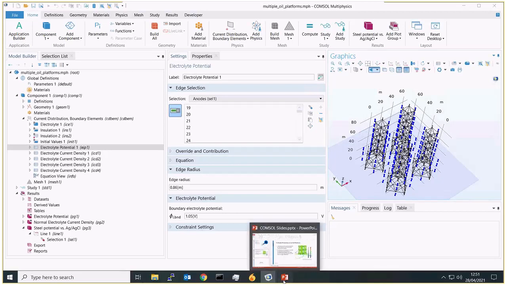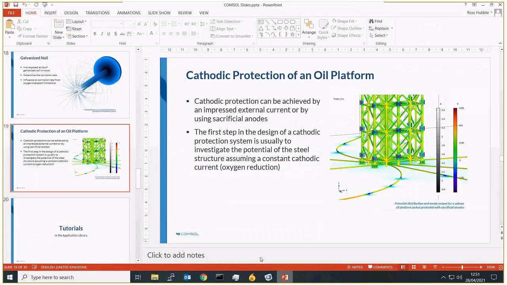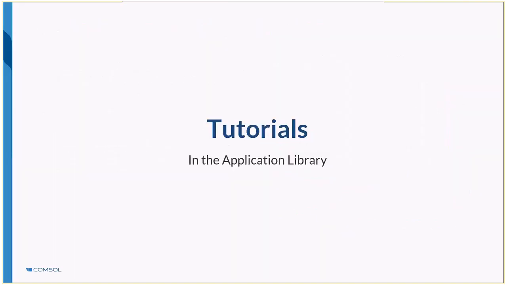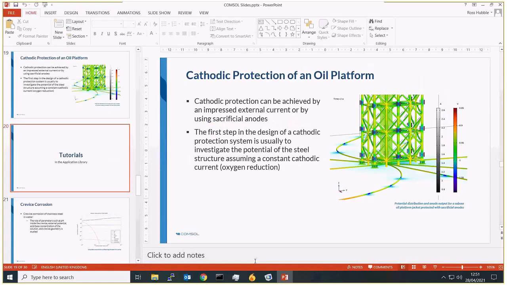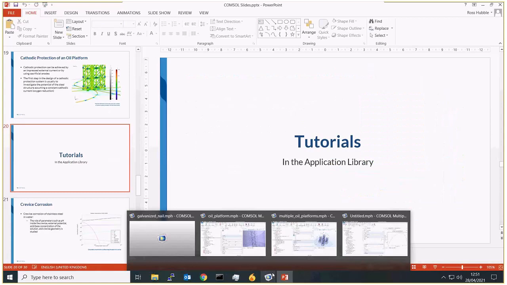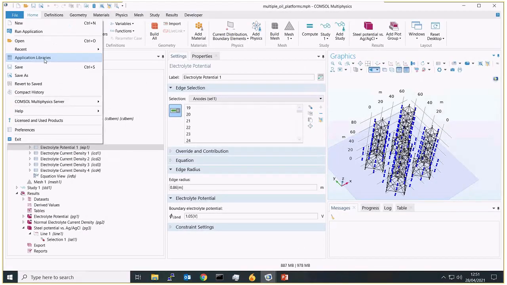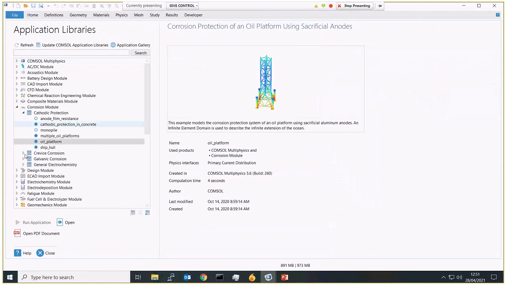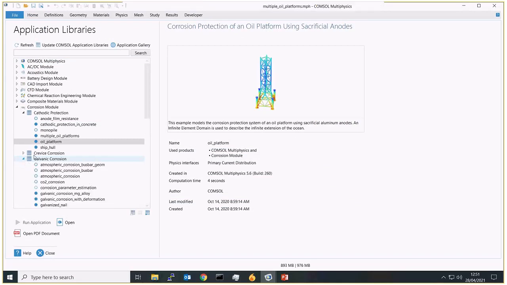Okay, so we do have a number of tutorials within our application library as well. I'll just run through a few of these to highlight the different types of corrosion which we can represent. Just hopping back to COMSOL briefly, I'll show you where the application libraries are. These are under File, Application Libraries, and then we can see the different examples here.